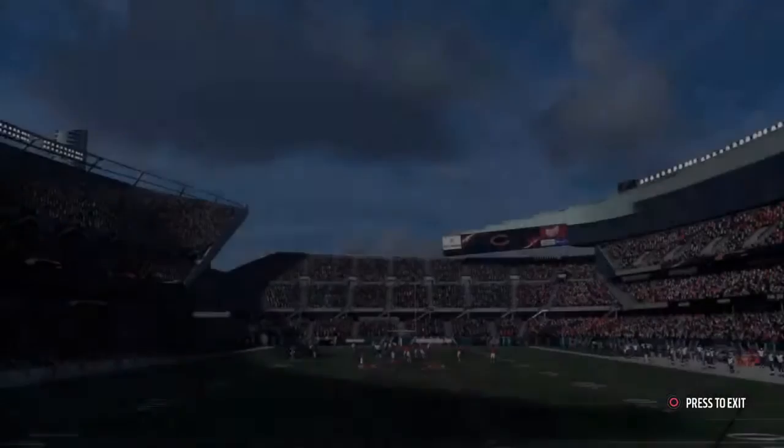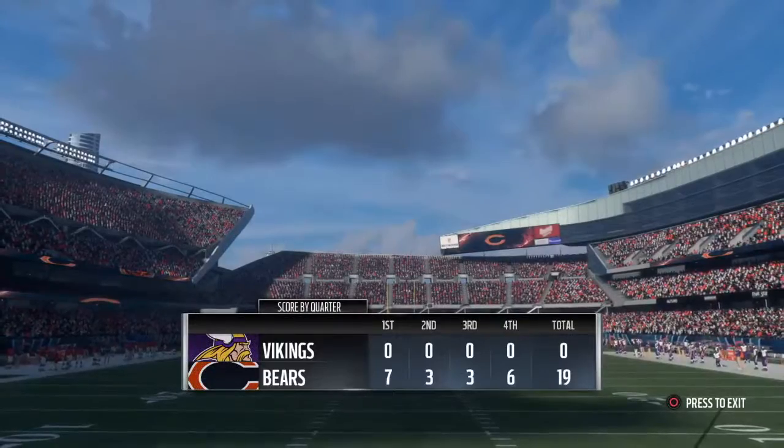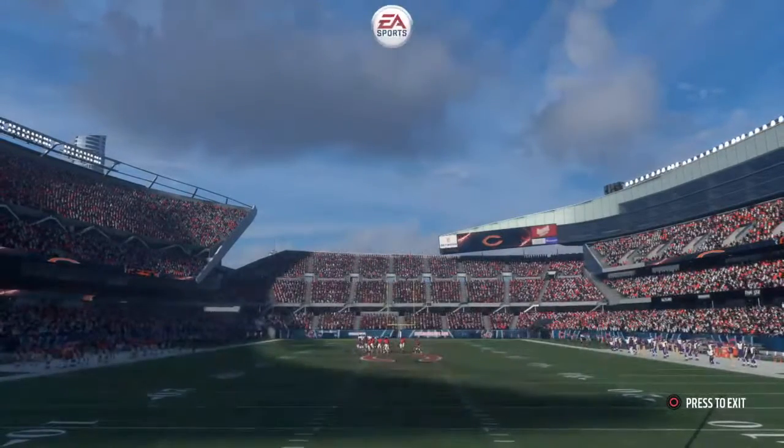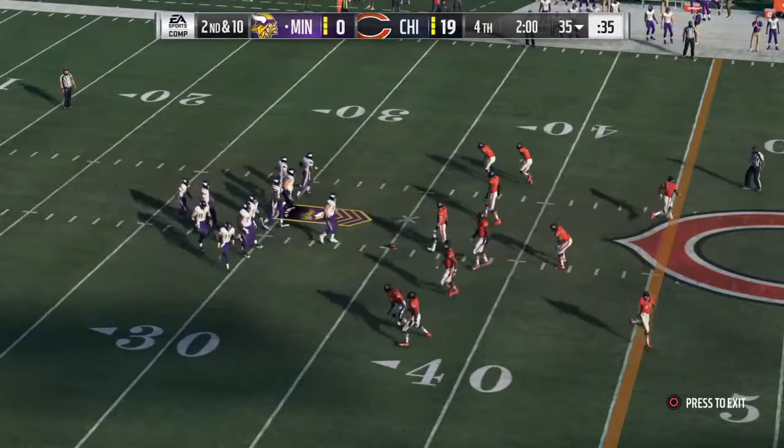So the Vikings in possession of the football as we get you reset. And let's see what they've come up with offensively after having time to talk it over. Offense looking to avoid a 3rd and long. It's 2nd and 10. All right,